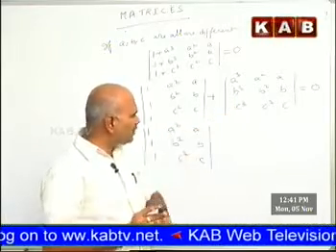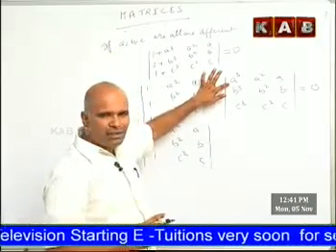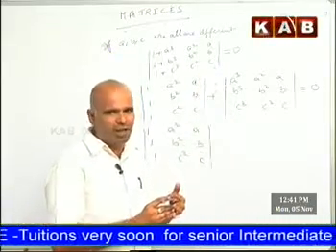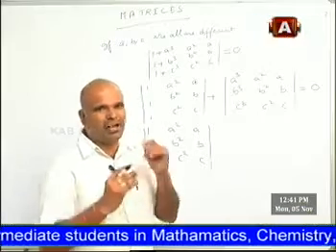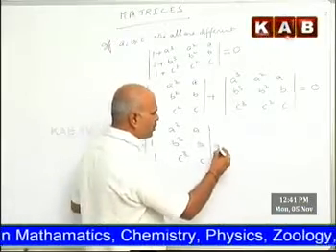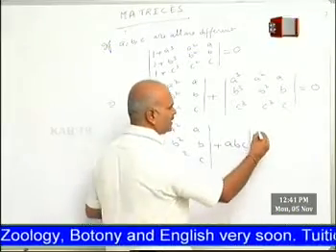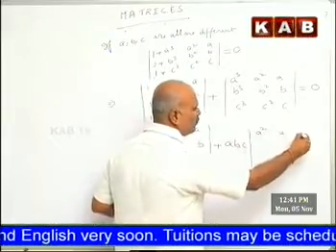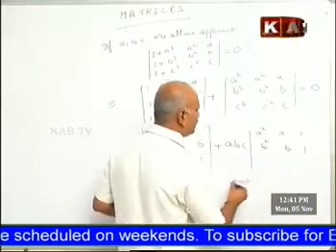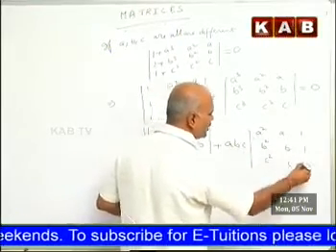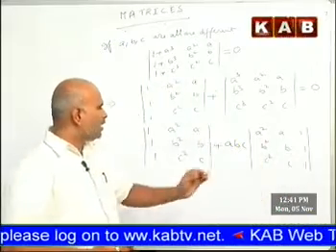Once again, just listen here. In the second determinant, the first row can be taken with A common, the second row with B common, and the third row with C common. So if I take the common A, B, C, here I get A square, A, 1, and also B square, B, 1, C square, C, 1. So this is the property we have now. So okay, ABC.